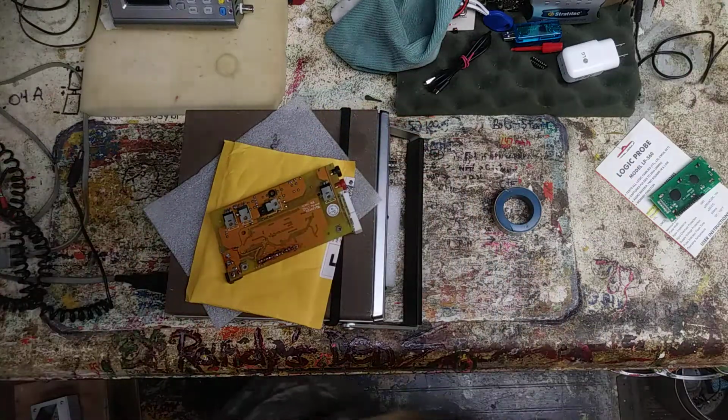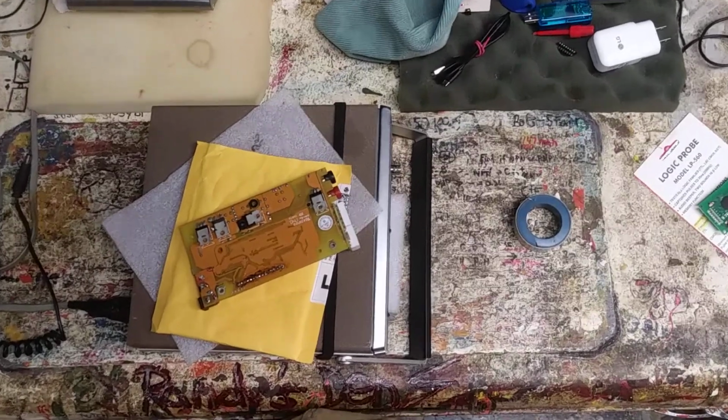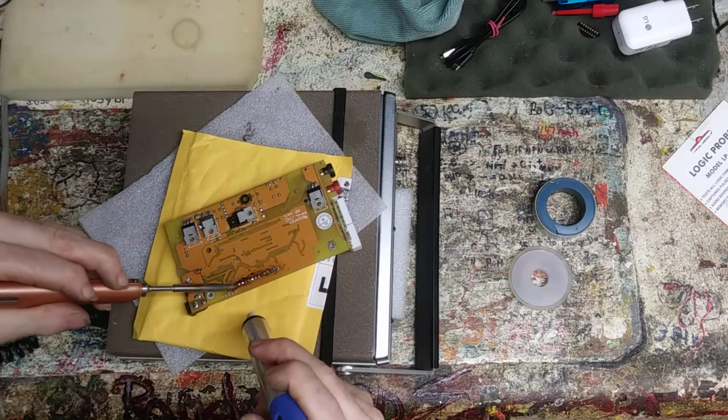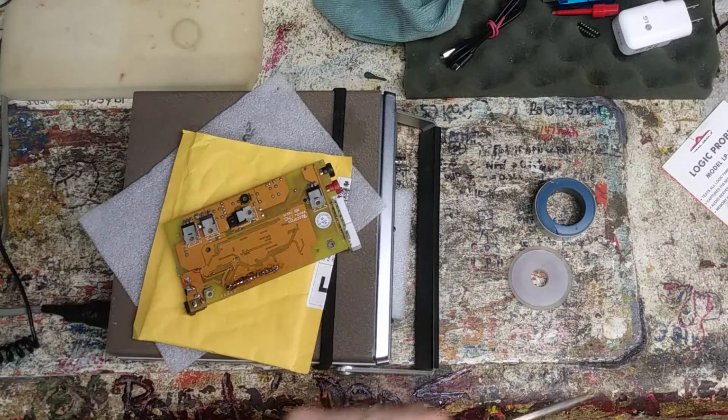I hope you guys can see that pretty good. I'll bring you down a little more. There we go. Let's throw some wick at it. This wick is kind of junky, but I actually